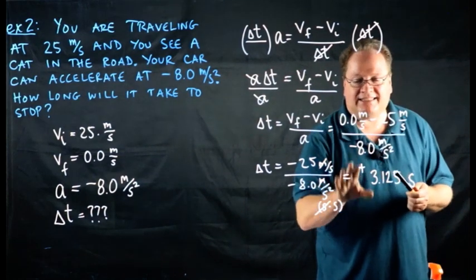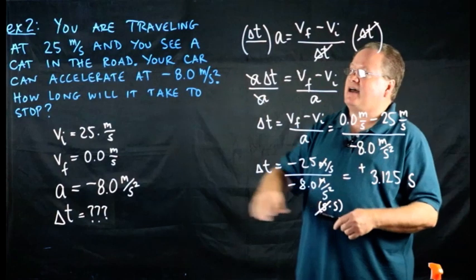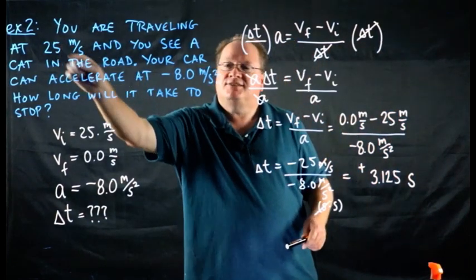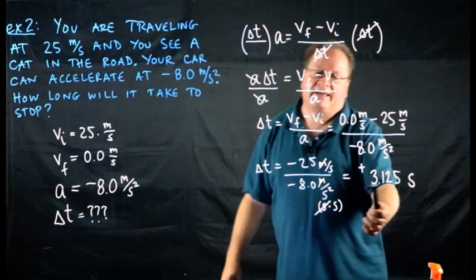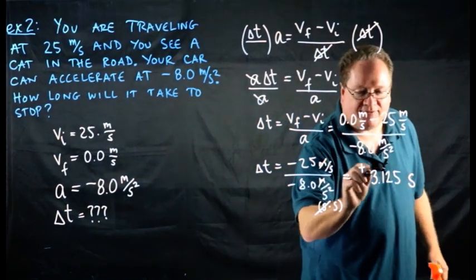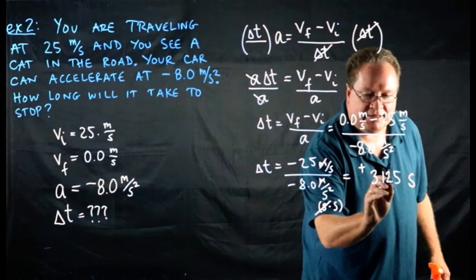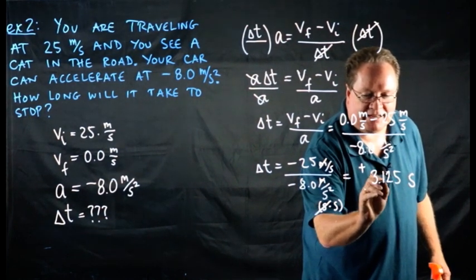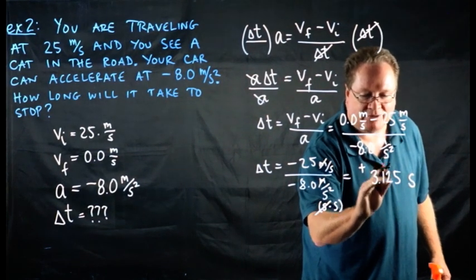All right, last thing here, sig figs. Do I have the proper number of sig figs? If I look over here, that has 2, that has 2. I am not allowed to have 4 like I do right now. We're going to have to round this. Here's the first one, here's the second one. I look to the 2 to see what I need to do with this 1. It's less than 5. So I would round down, not up.